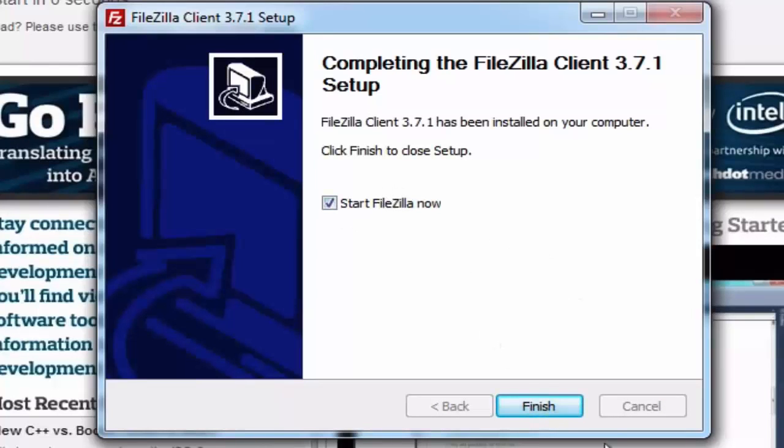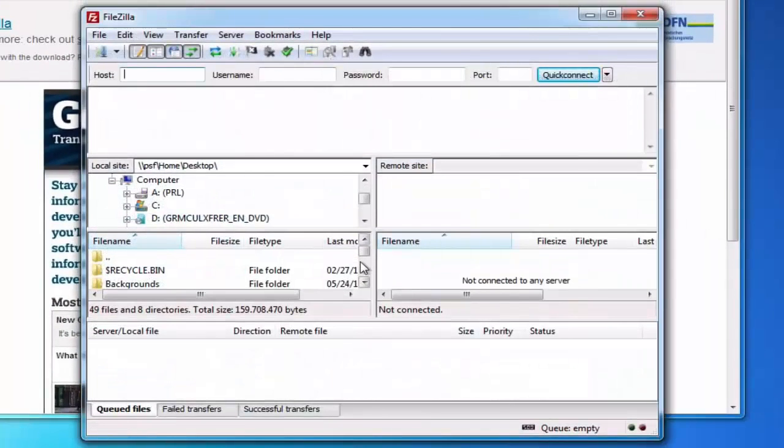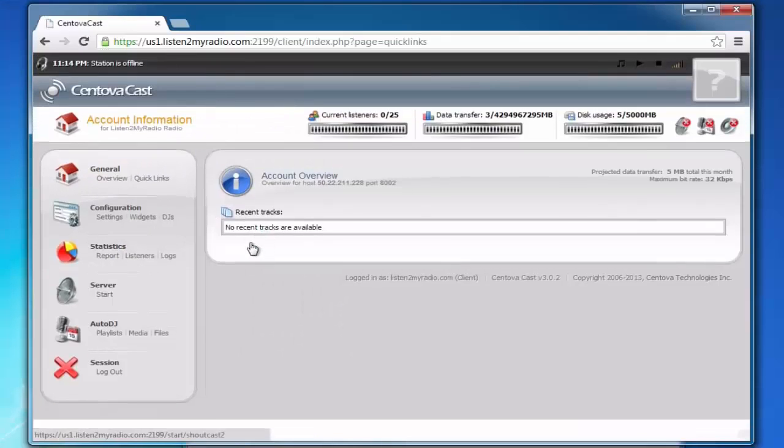And once you click finish, FileZilla should automatically start. To connect to the server from FileZilla, you'll need three pieces of information. You'll need the host or the IP address, the username, and the password. You can get both the host and the username by going into Centovacast and under General clicking on Quick Links